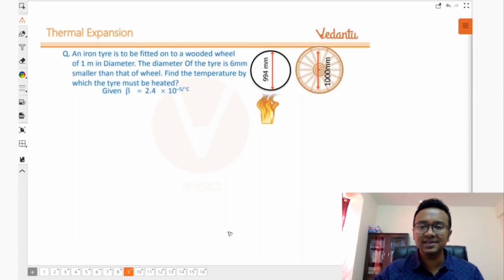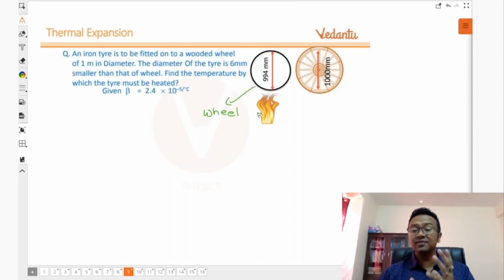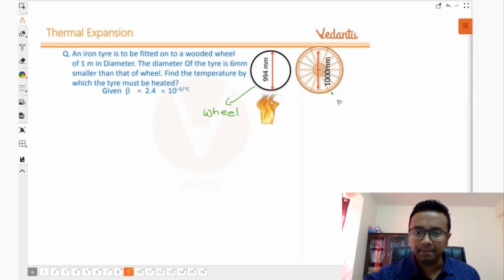Generally, students, the size of the wheel is made a little smaller than the size of the entire rim, the metallic rim. The reason is that they heat up the wheel, so it increases in its dimensions, and then they put it on the rim